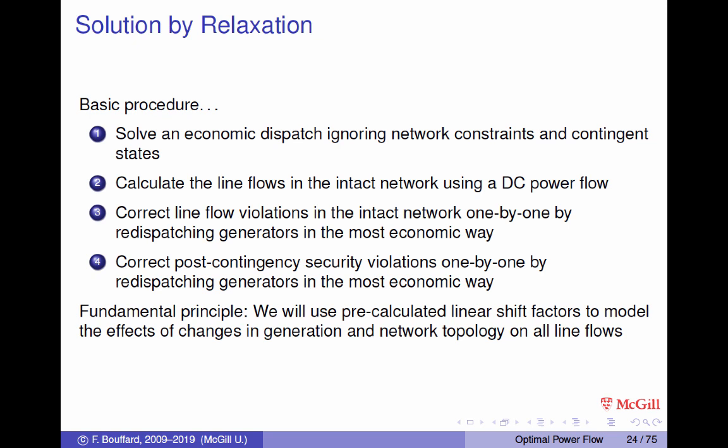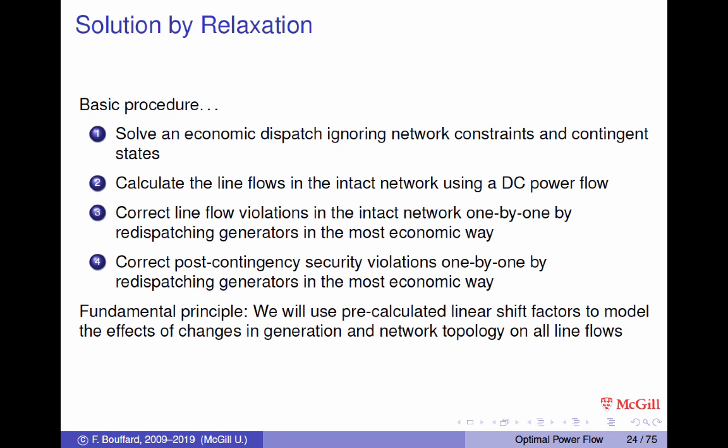And then after that, we're going to start taking components off the grid, one after the other. And again, the contingencies here will be loss of branches, meaning lines and/or transformers. And we will be redispatching the generators in the most economic way. And what will be the true innovation here in this case will be how we will not have to recalculate